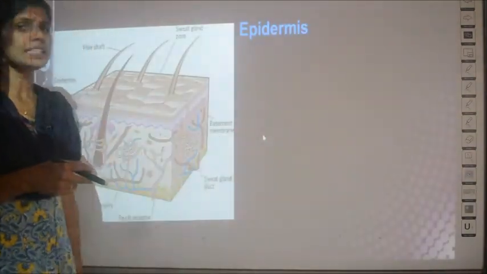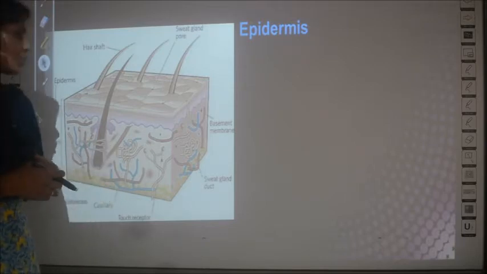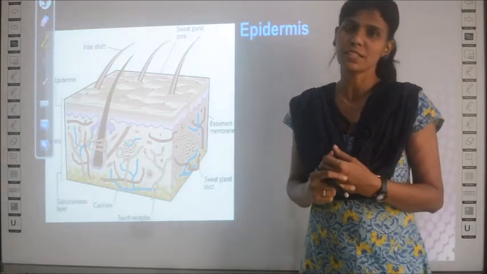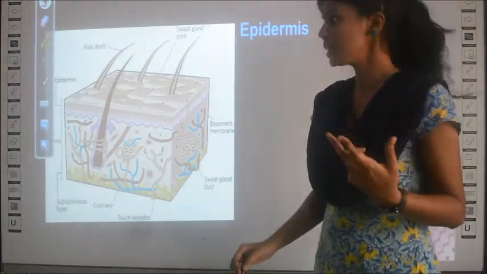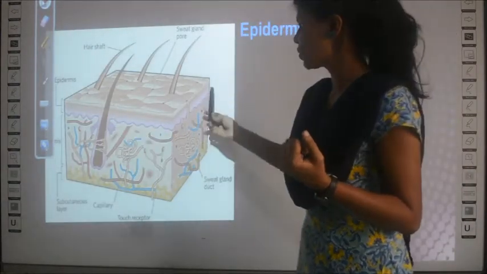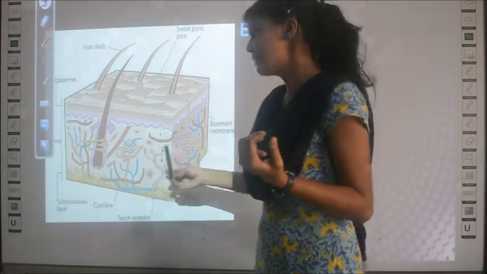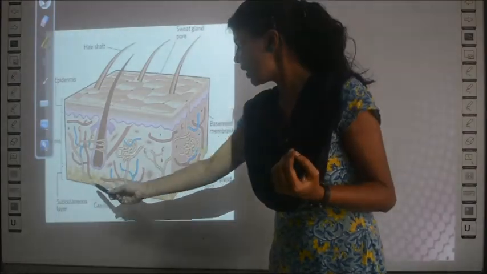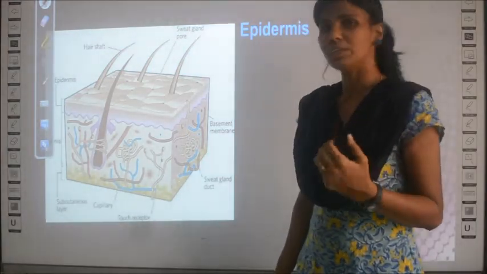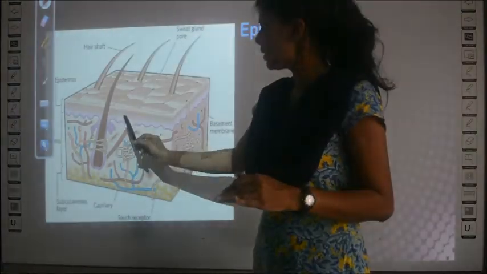Next we learn about the detailed structure of skin. So this is the detailed structure of skin. I'll teach you how to draw the structure. What are the two layers present in the skin? You have two main layers, right? What are the two layers? Epidermis. Which is the epidermis? This purple color which is shown. This is the epidermis, and this pale yellow or cream color is the dermal layer, and we have one more layer, this dark yellow color. It is the subcutaneous layer. You need not mind about the subcutaneous layer, you should just know to label the epidermis and dermis.